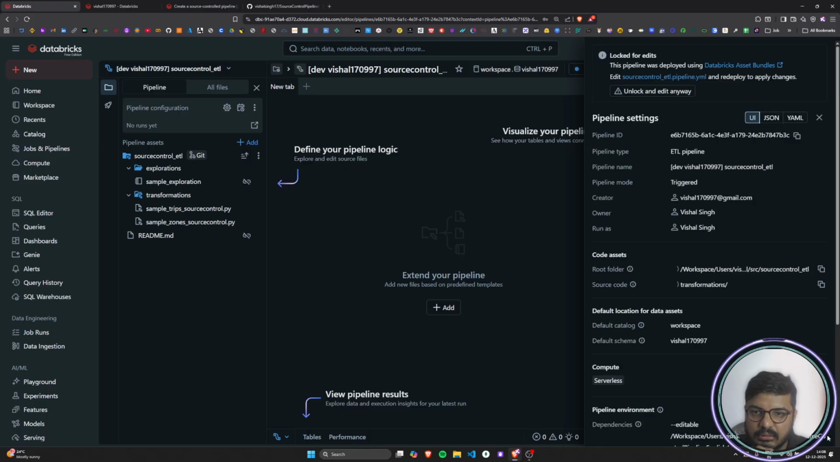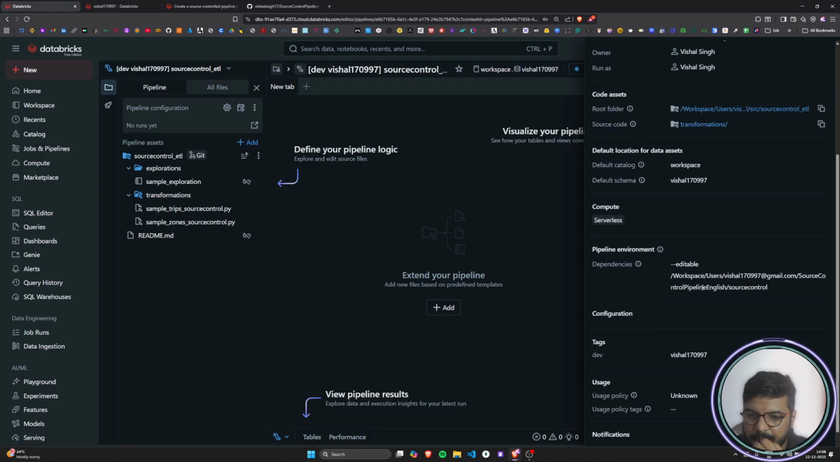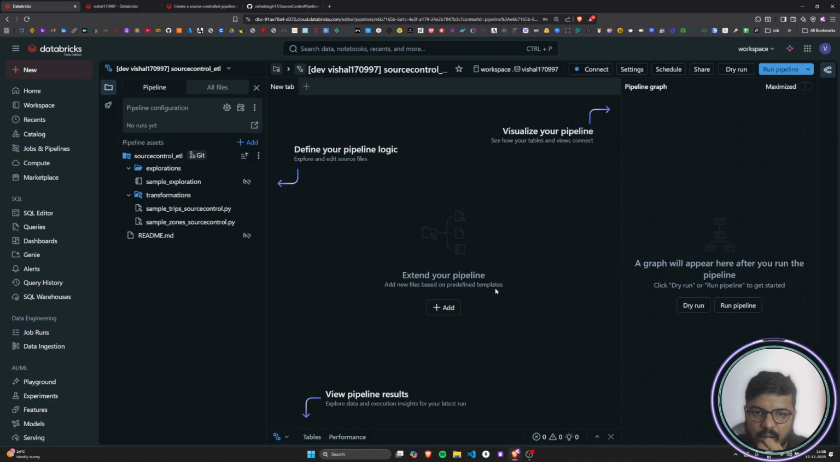Let me save it. The pipeline was deployed using this. Edit source.yaml file to redeploy the changes. Okay. Root folder is this. Source folder is transformation. Fine. So transformation should be the source folder. It's totally fine. And now